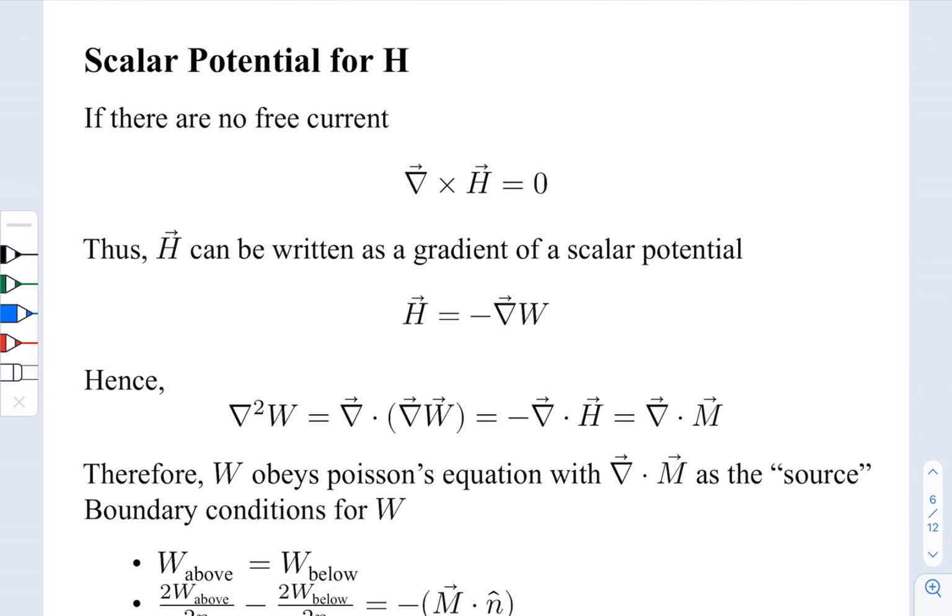So again, the condition here is the same. So under the condition where there is no free current, then the del cross H is exactly 0. So when this del cross H is 0, we know that H must be able to be written down as